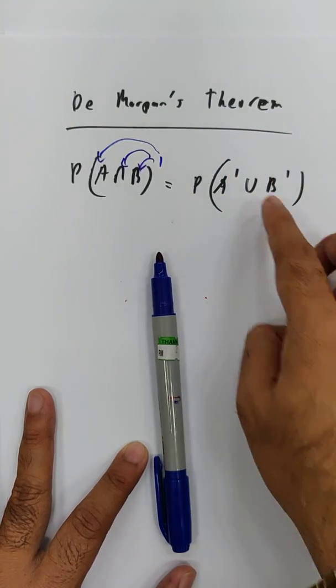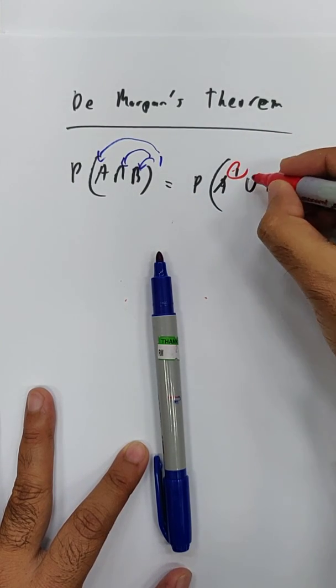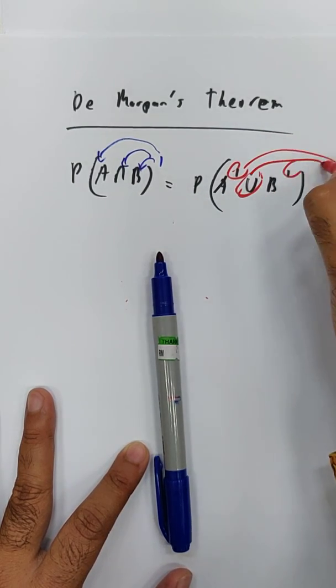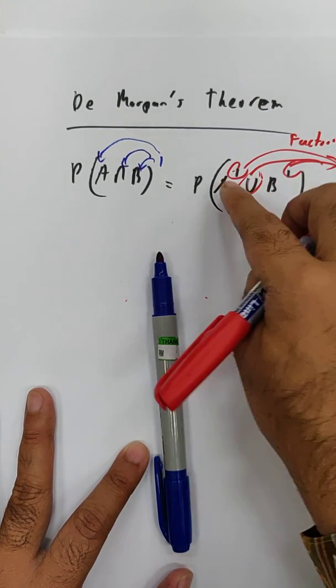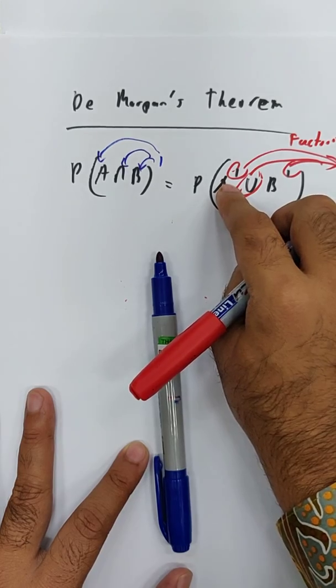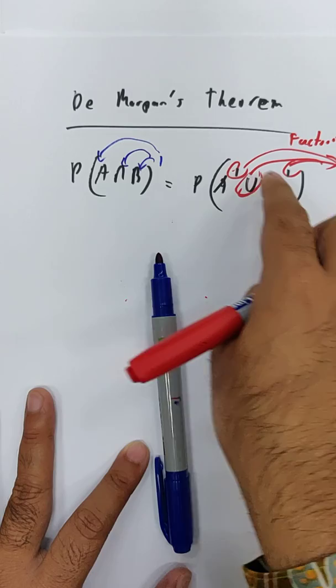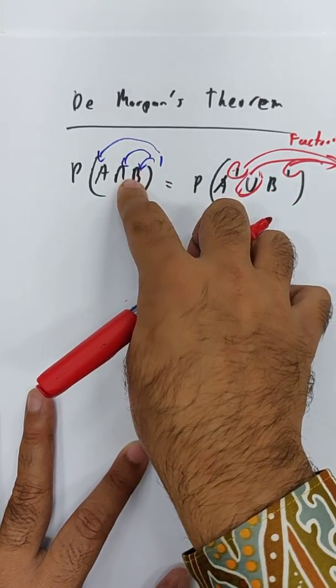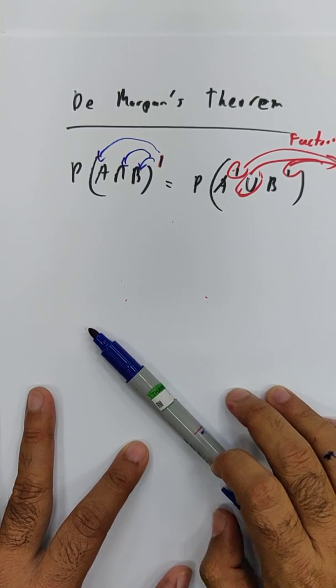At the same time as well, I can factorize my prime out. I can times them in, I can factorize it out. So basically, what's the opposite of A prime? A. What's the opposite of union? Intersect. Opposite of B prime? B. But I got this prime outside. Okay? Such a question that I like. I'll take an easy one.